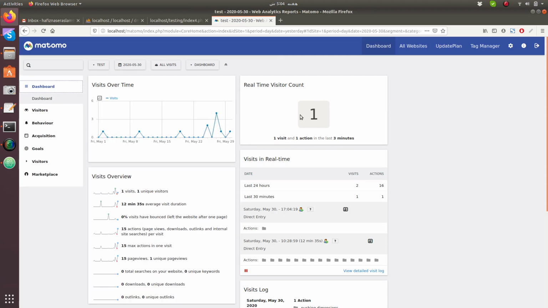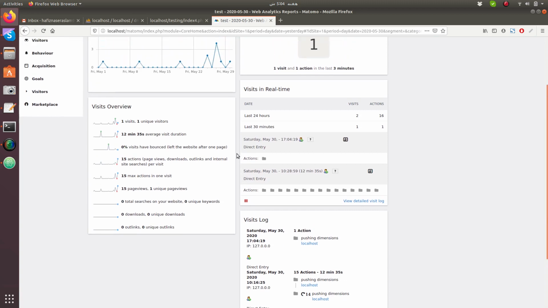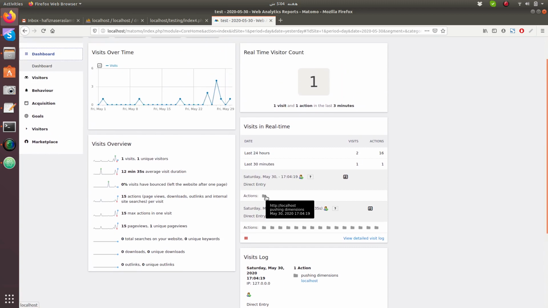You can see the real-time visitor count is 1 and my latest request is from localhost and the request says pushing dimensions. I have defined it in my request.